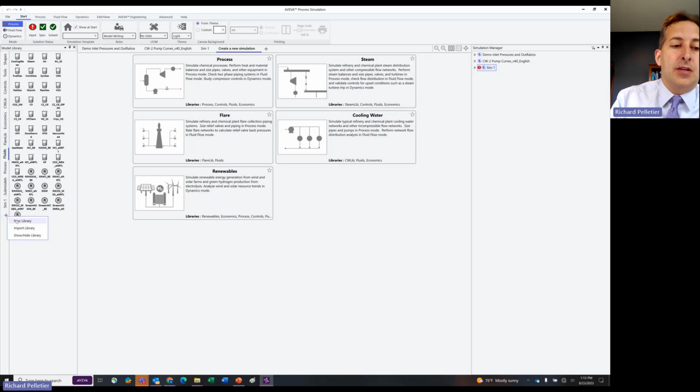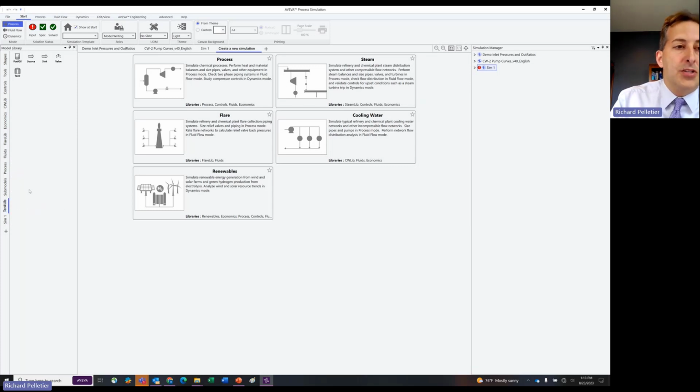The other thing to note down here, and I keep saying, is you can create your own custom library. And if you do that, it basically just creates a tab, and I do have one here, so I'll show it. So this is a custom library that I created for one of our training exercises, all right? And it just creates a blank tab, right? So you'll have a tab here, you can name it whatever you want, and it'll be blank, similar to how the simulation model library is often blank when you first go into there, right? And then you can add your own models and information that you want to add in,